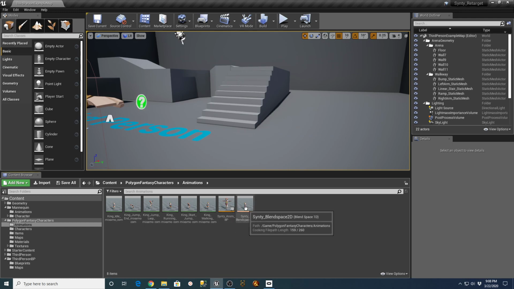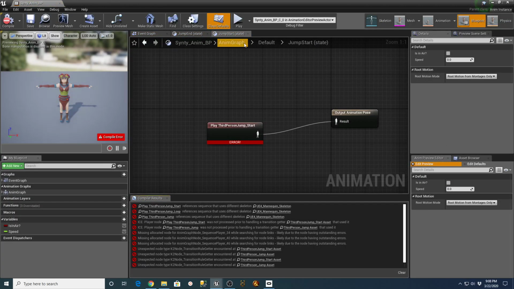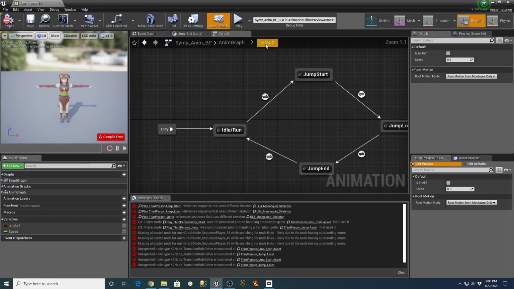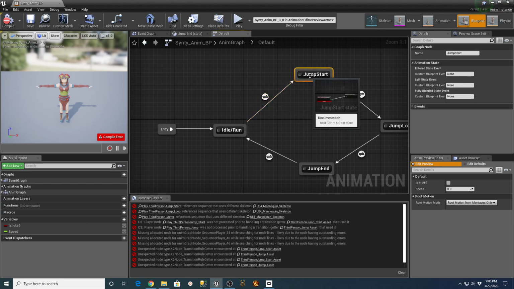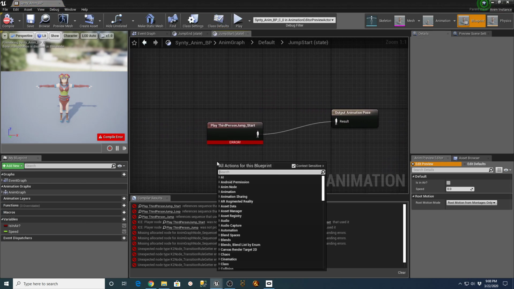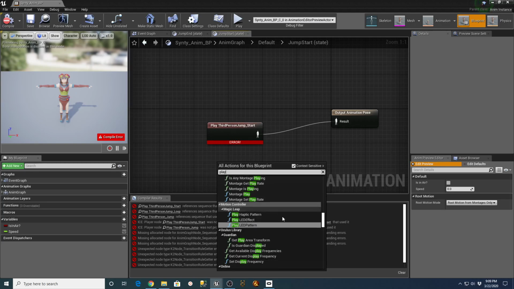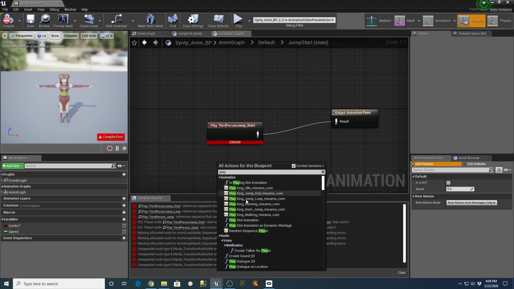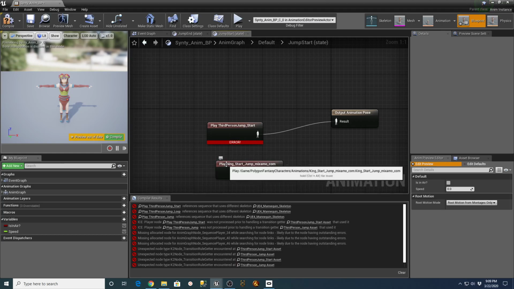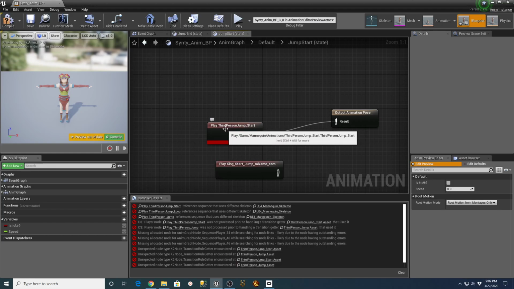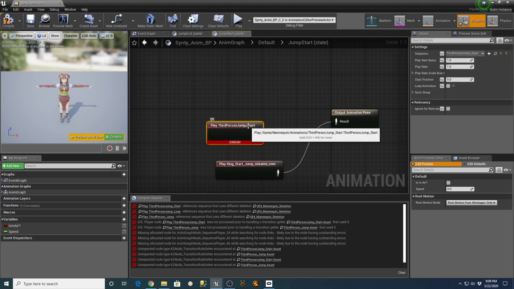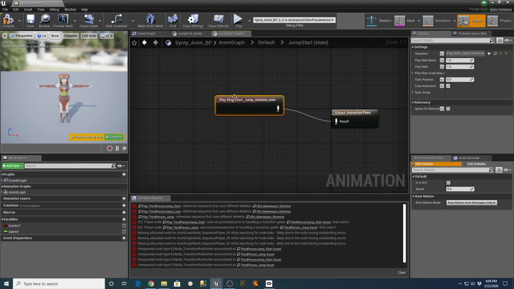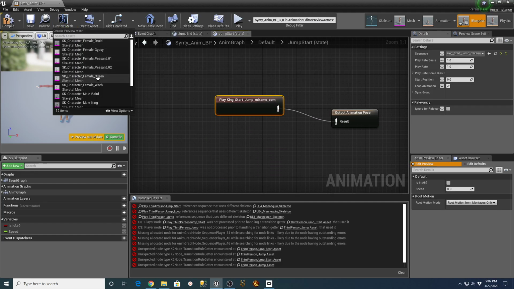Go back into my animation blueprint, and in here, I want to go to the jump start. We're just going to right click in here and say play. Just scroll up. It should be the ones that are in your animation. So I'm going to play king jump, or start jump rather. Play king start jump. There's my third person jump. I'm going to change that. So this just goes to my result. Take that off of there. I don't know why I keep changing my preview mesh on here.